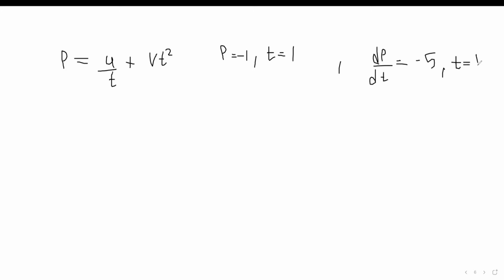All right, so nice. That's what we have right there. So let's go ahead and find U and V. The first thing we need to do is find dP by dt. If I were to rewrite this, P is equal to U times T to the -1 plus V T squared. Then I can differentiate it a lot more easily, because now I can say that dP by dt, which is my differential,